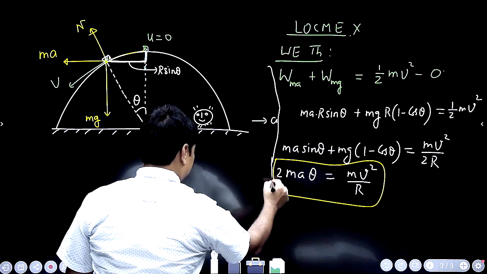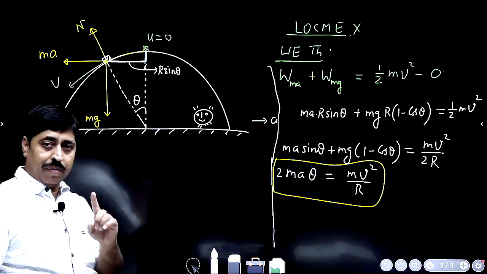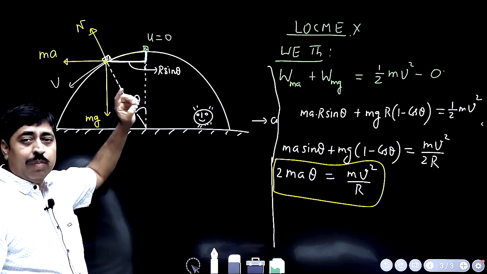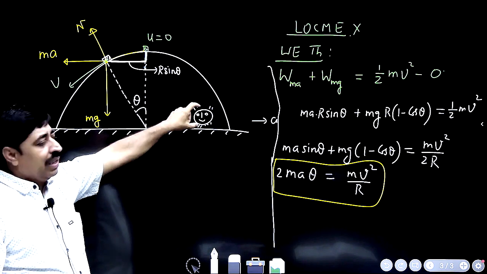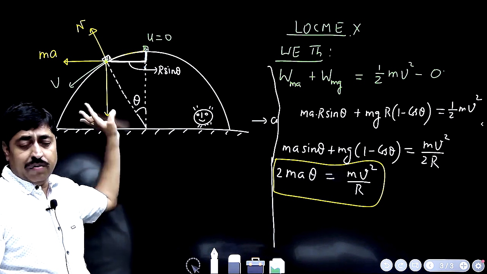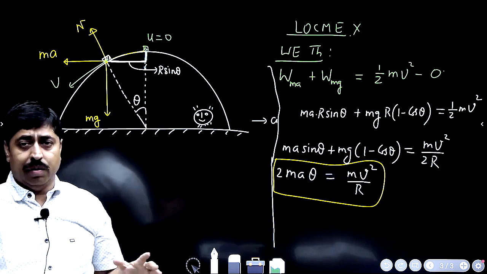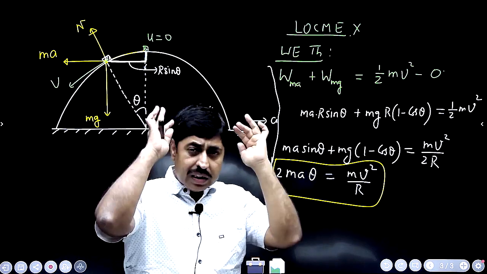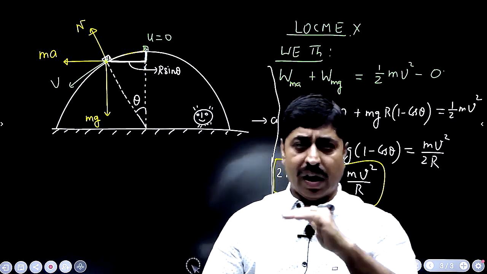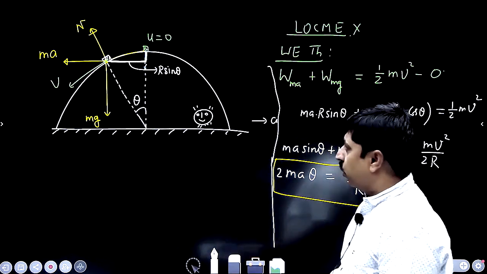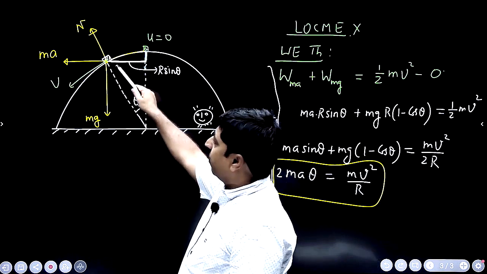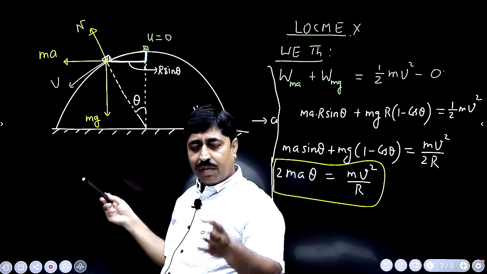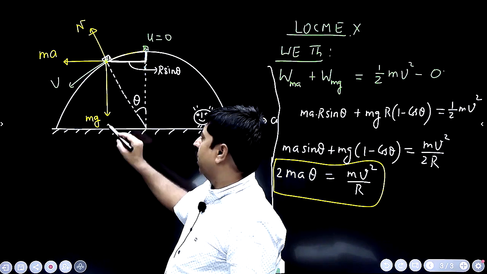Now, let us write the equation of centripetal force. Look into the situation carefully. We are observing the motion of this block in this reference frame. In this reference frame, the hemisphere is not moving. The block is simply sliding on this circular path. It is still in contact with the hemisphere. It is sliding on the circular path. So, if the speed of the block here is v, then for radial forces, I can write,